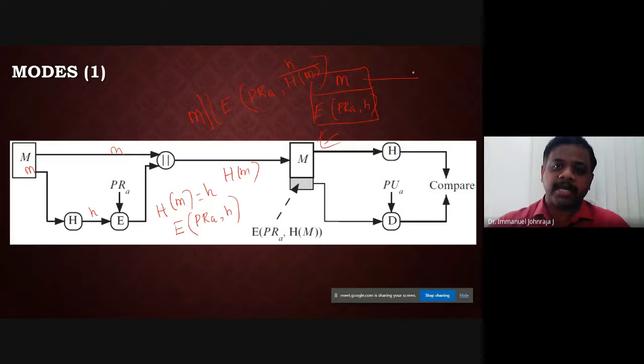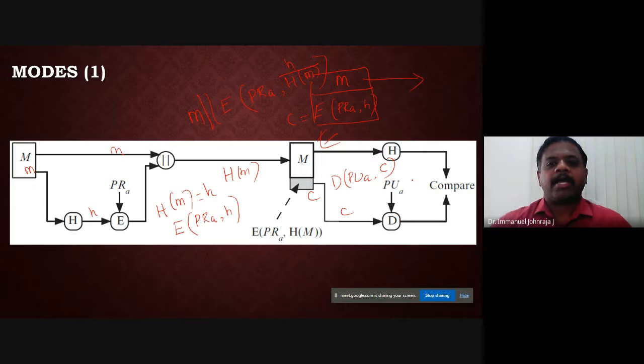The message is taken directly, and this is the ciphertext, which has to be decrypted. So he decrypts it using the public key of A. Let me say this encrypted hash value is the cipher value. This is how the ciphertext goes, and he gets the hash value. Now, in parallel, once he does this decryption using the public key of A, he is getting the hash value.